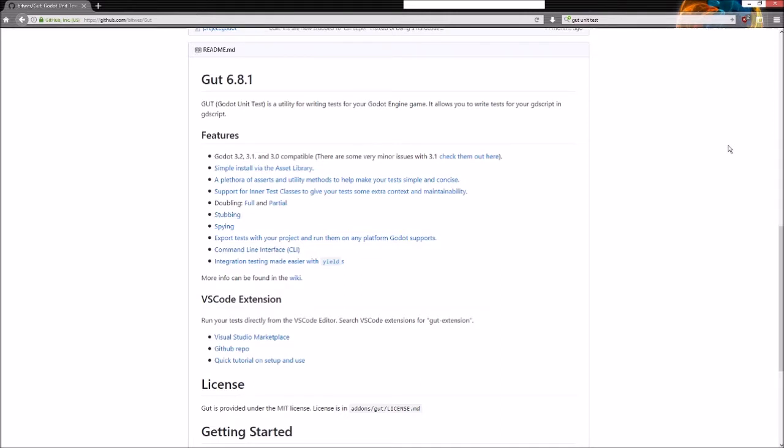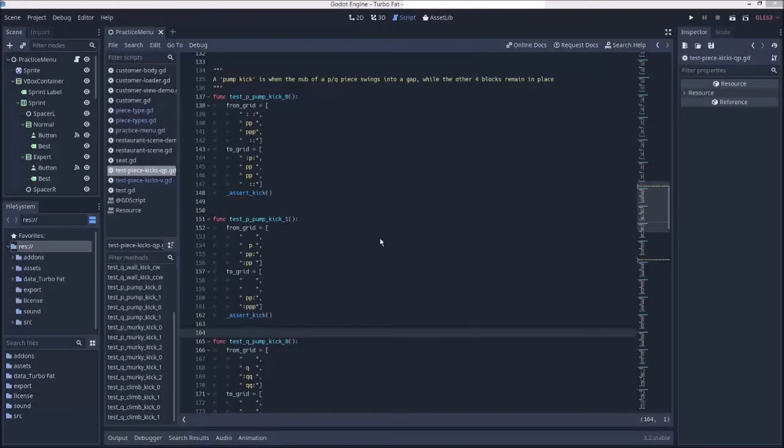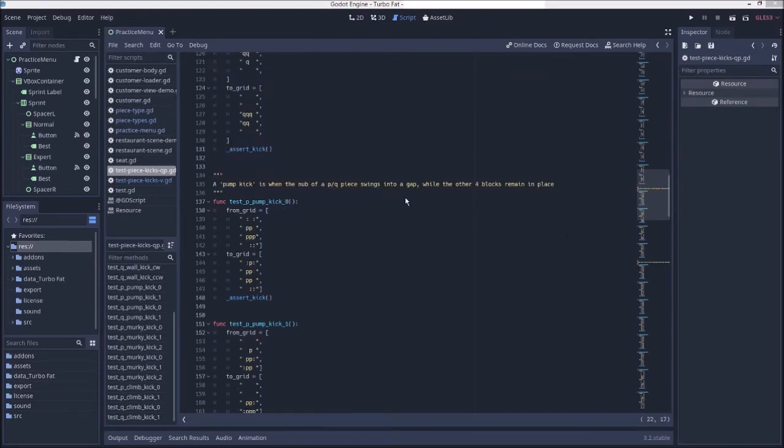So there's a great unit testing library for Godot called Gut, which lets you unit test your game code. I wouldn't do this for all my code, but for stuff like these piece kicks, it makes sense because you really don't want these to break or to regress in the future if someone changes them. So I created a suite of unit tests against the pentomino piece kicks, which show how each of them should rotate when they're blocked. For example, this test here, test P piece kick 0, shows if a P block is